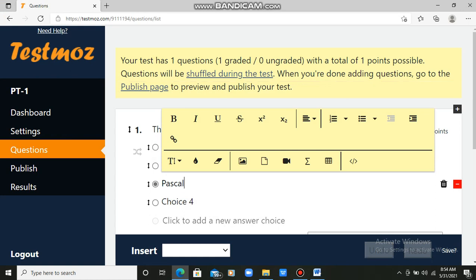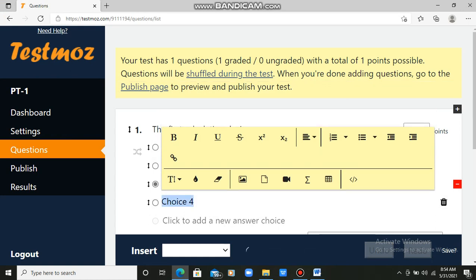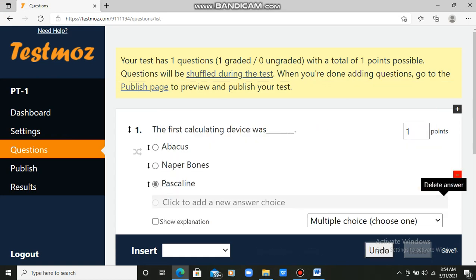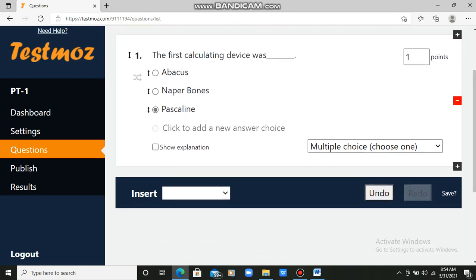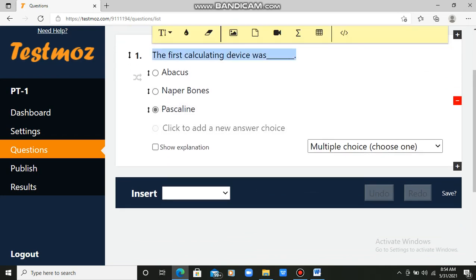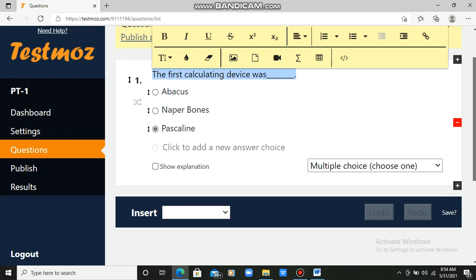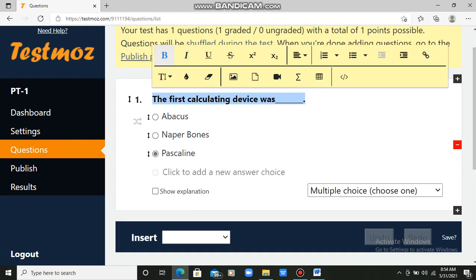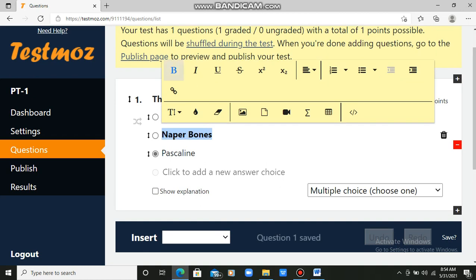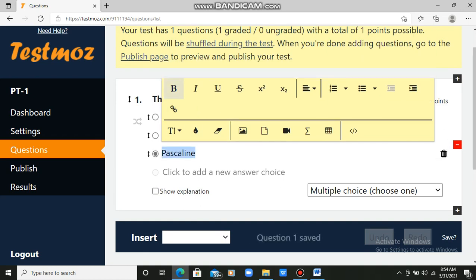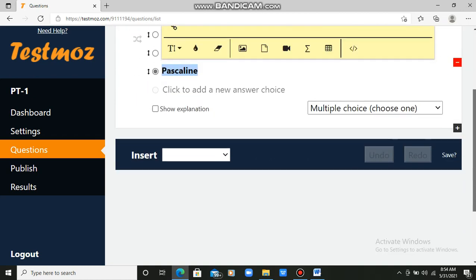Now this choice you can delete because you want to give only 3 choices. Okay, now it is your wish, you can add or delete the choices also. Now next question, if you want to add, now students just understand the settings. Just select it, make it bold. Select the portions and make it bold. So now this is in our hand only, how we can make the text bold, and we can make our text attractive.